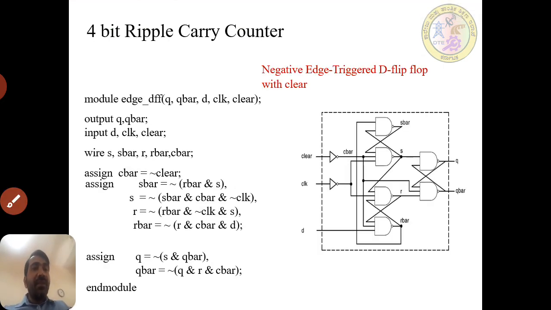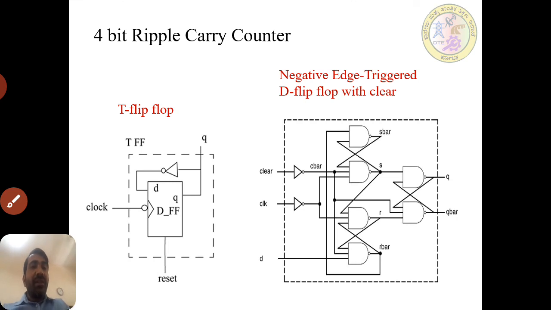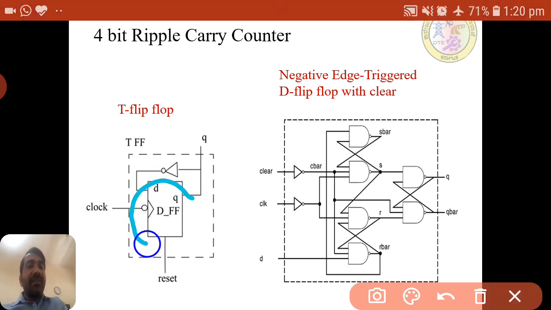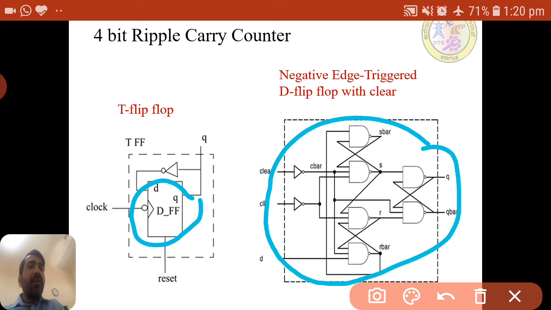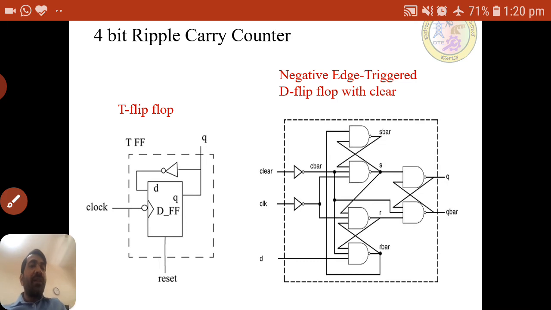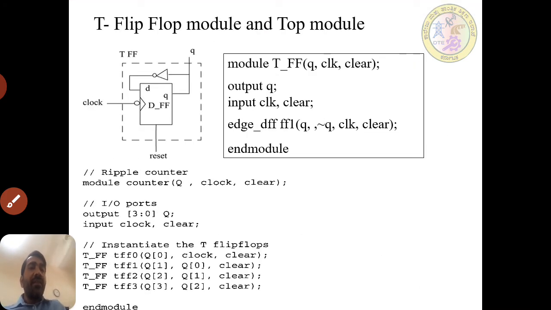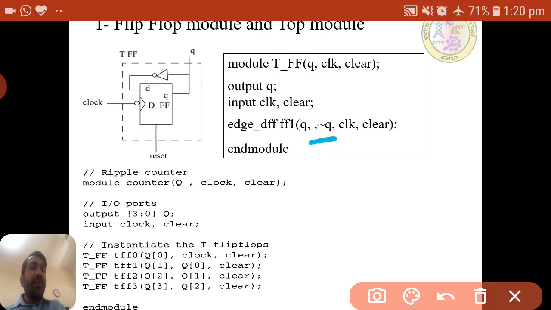One thing we need to keep clear in mind. Whatever this D is, this is the circuit only for the D flip flop with clear. The NOT gate, the Q bar, we are taking it here. What we have defined here is the code for the T flip flop. Directly we have taken it as a NOT gate.